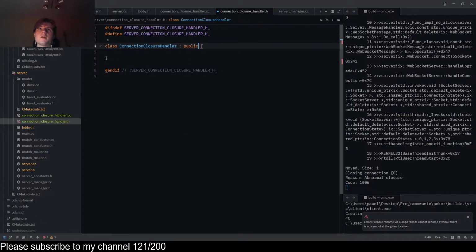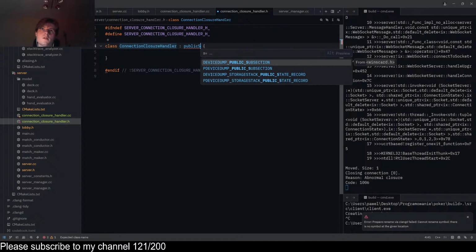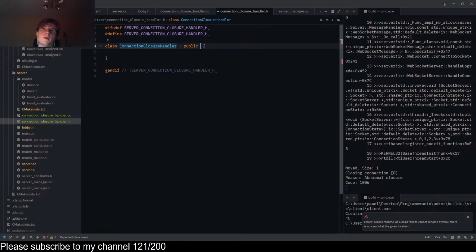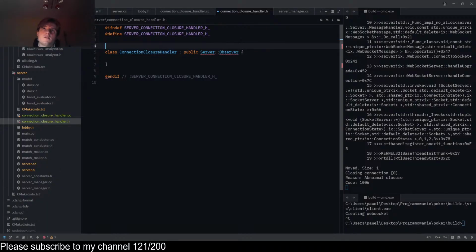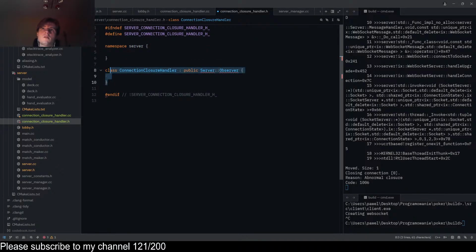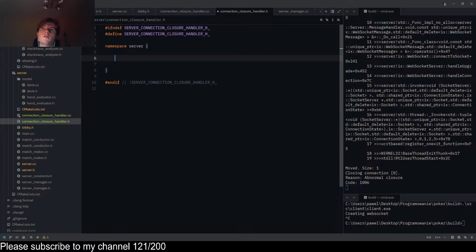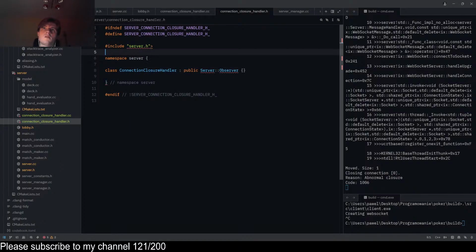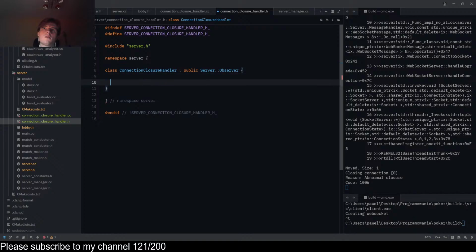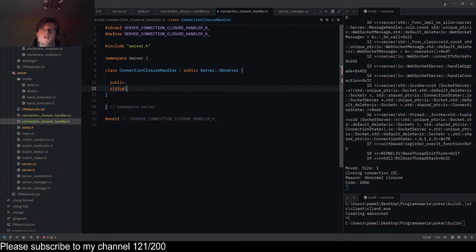It will inherit server, public server observer, server. Okay, so it's public virtual